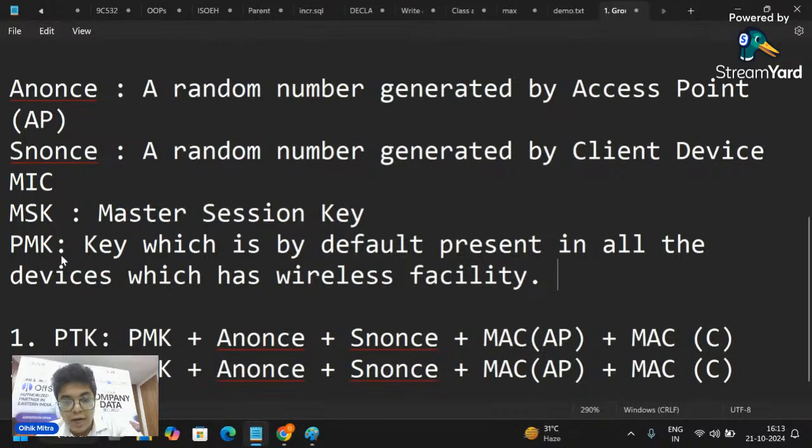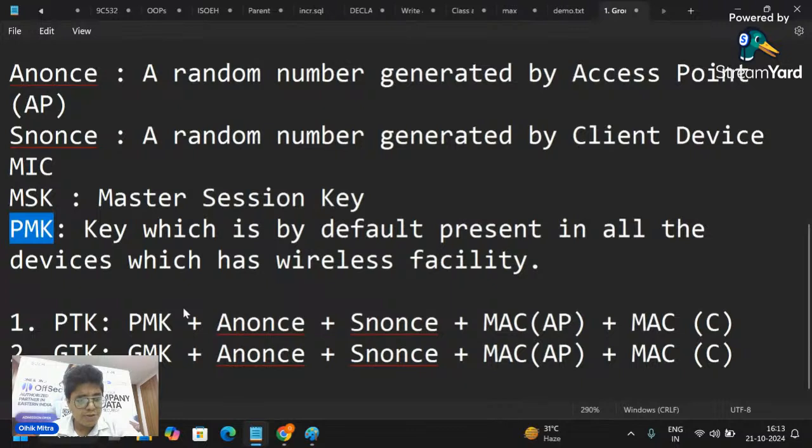Now you guys have a question: why desktop? Desktop doesn't have any wireless facility. No, by default it doesn't. But we all know we can insert an external Wi-Fi adapter. The moment we connect the external adapter, PMK is by default installed in the desktop system, right? Okay, so PMK and GMK both are the same, the group and pairwise, right?